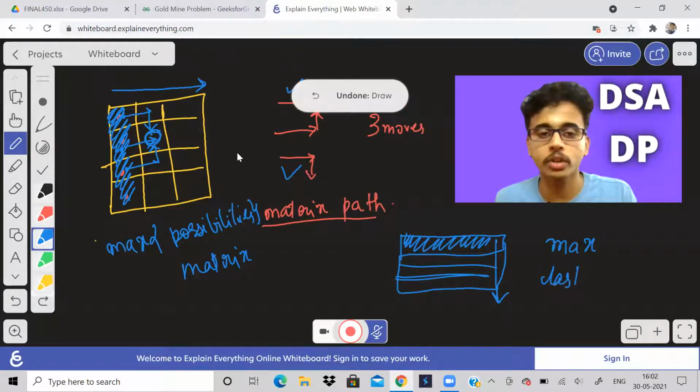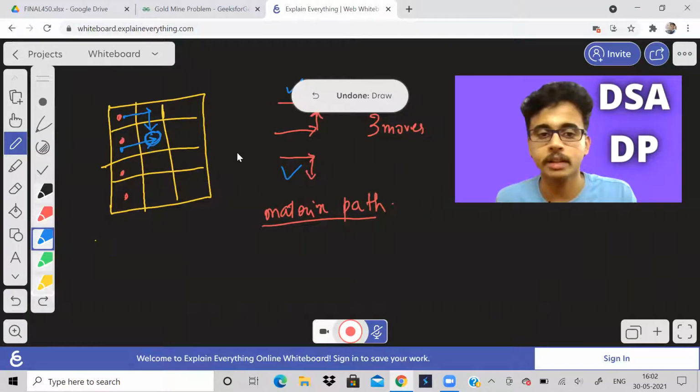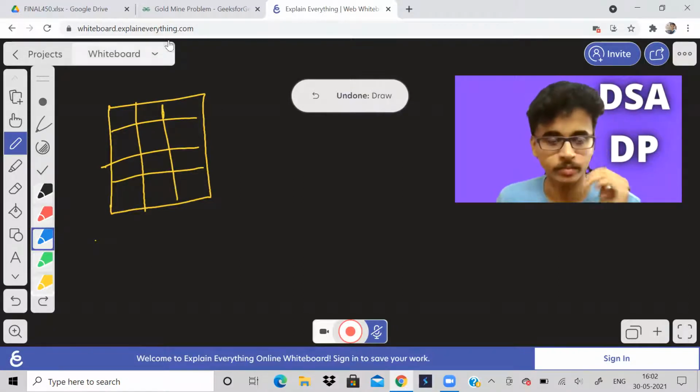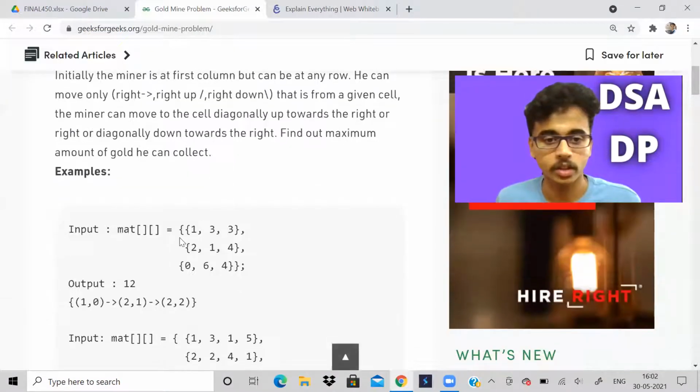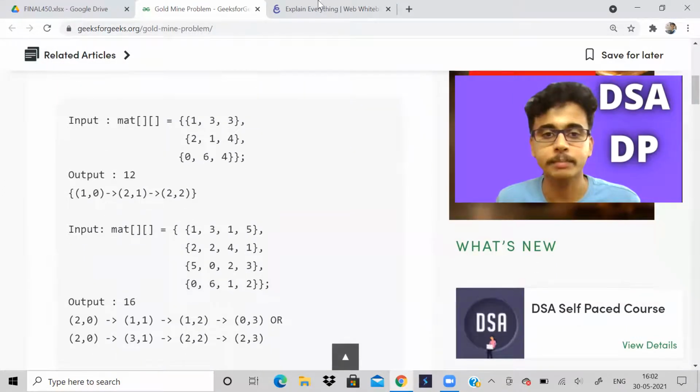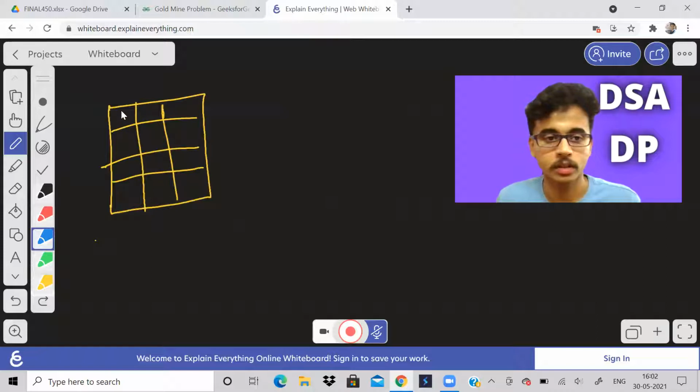But I'll just show you one test case example, how it is actually working. Let me show it to you. I'll erase all this. Now I will take maybe this bigger matrix. So 1, 3, 5.